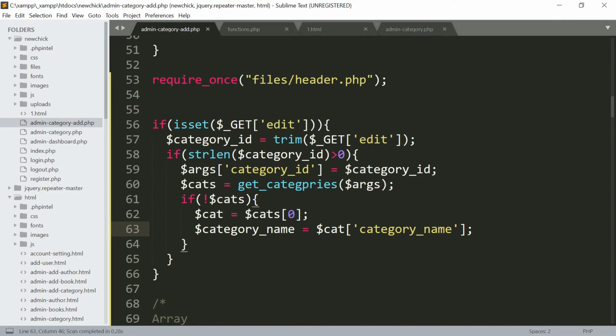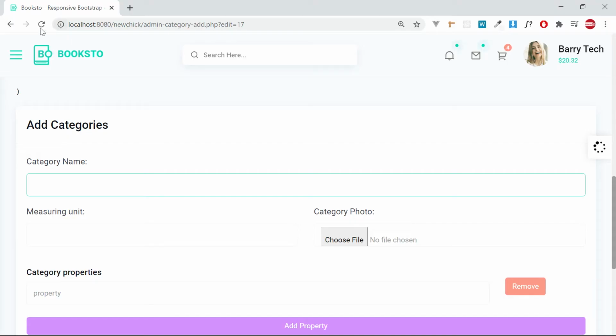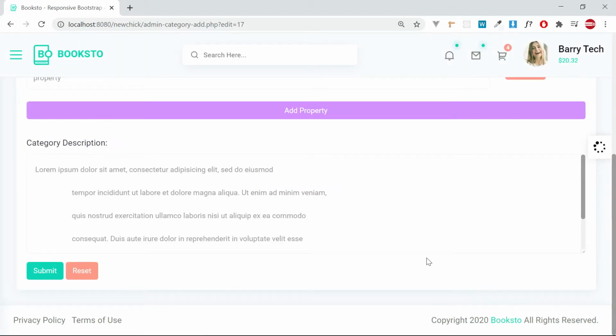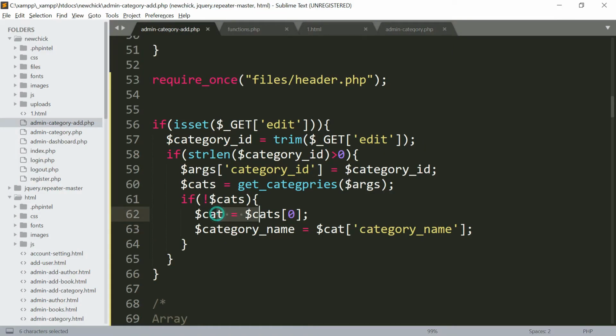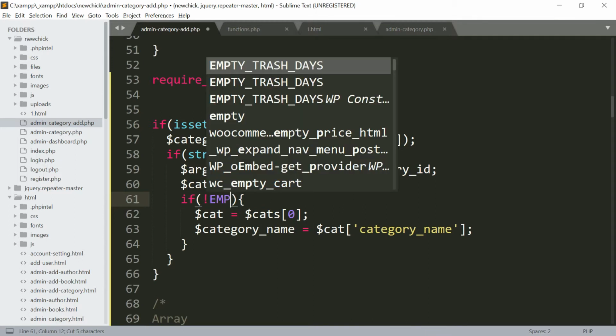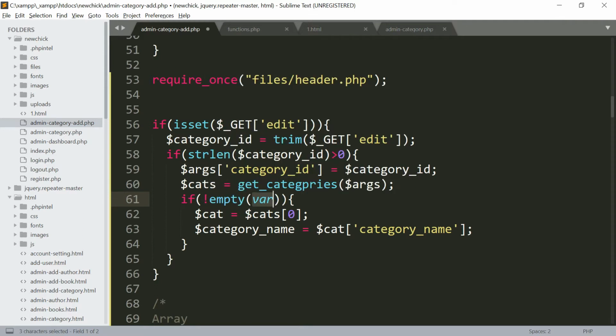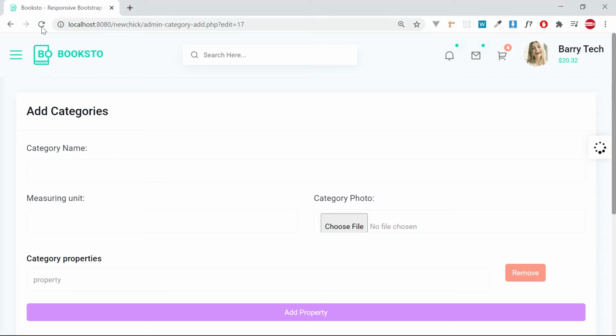Okay, so if I refresh right now the name should be here. So it shouldn't be add category. Now this word should change to update category. See, something is still wrong. That's what could be wrong. I'm supposed to put here, if not empty, like this. Okay, so I'll get the category in position 0. So if I come and refresh,